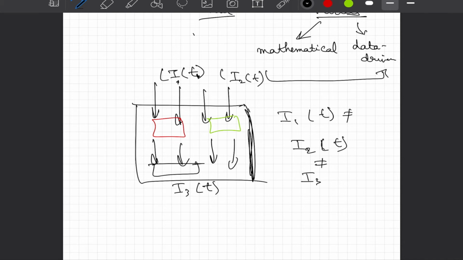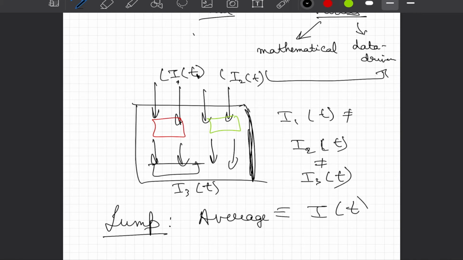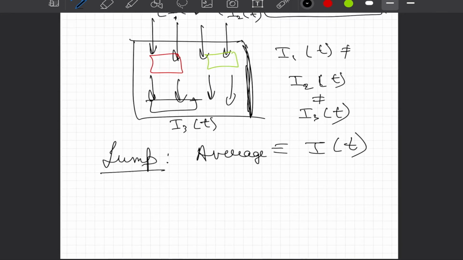But you do not want to model the system at such a granularity. So you would say that I want to lump this entire campus and we'll use an average precipitation. And this average precipitation is represented by, let us say, IT. That is, the average amount of precipitation that has taken place over the IIT Gandhinagar campus is represented by IT.